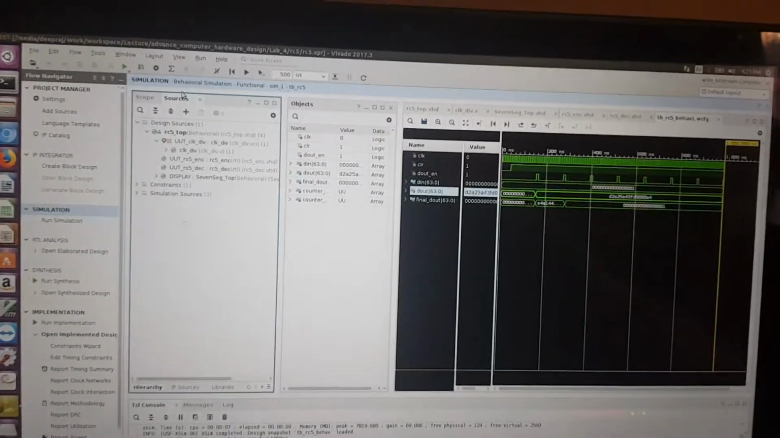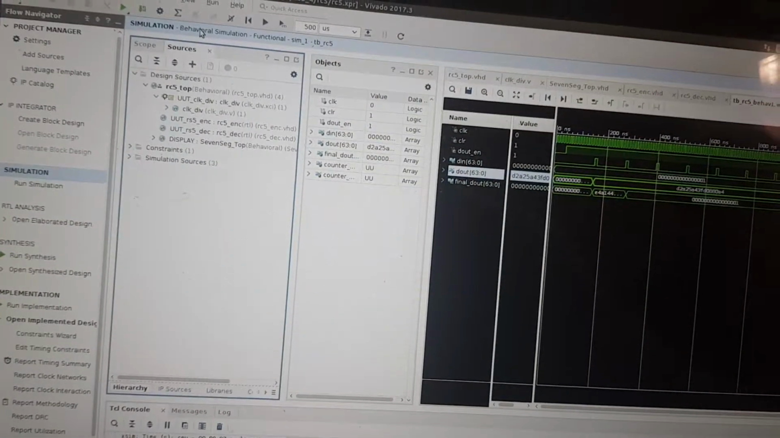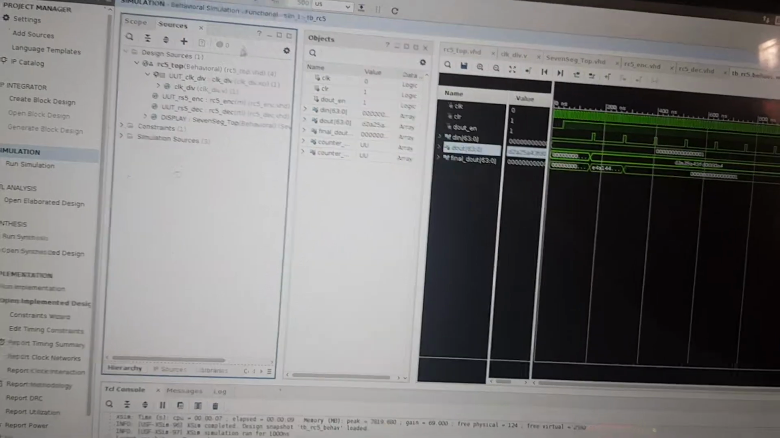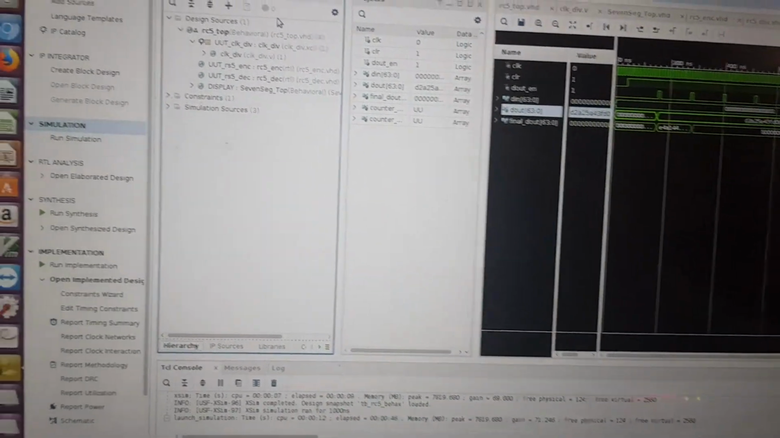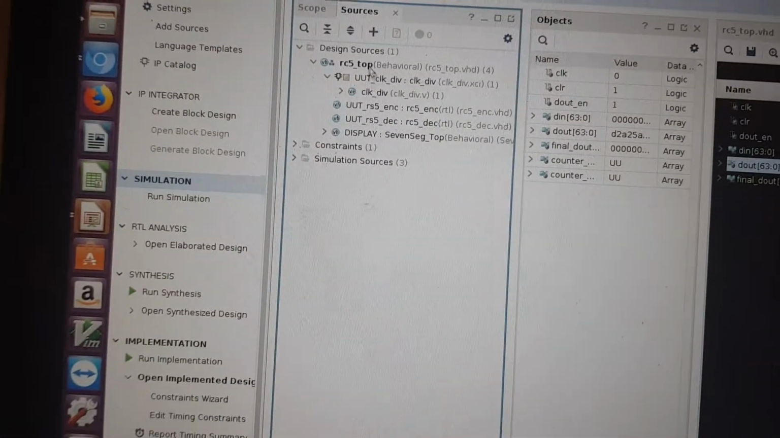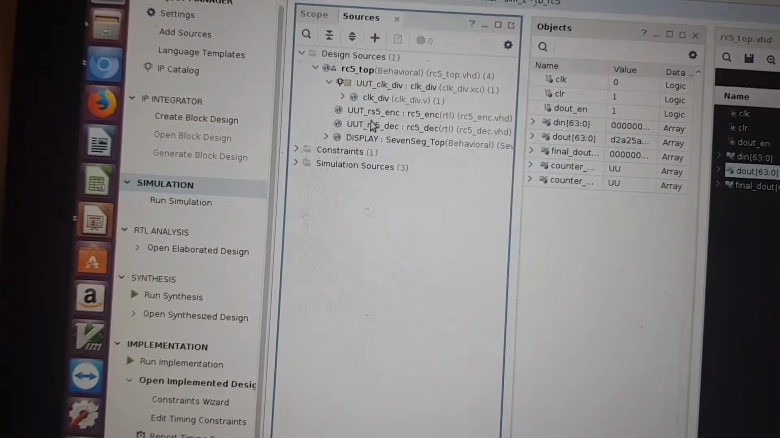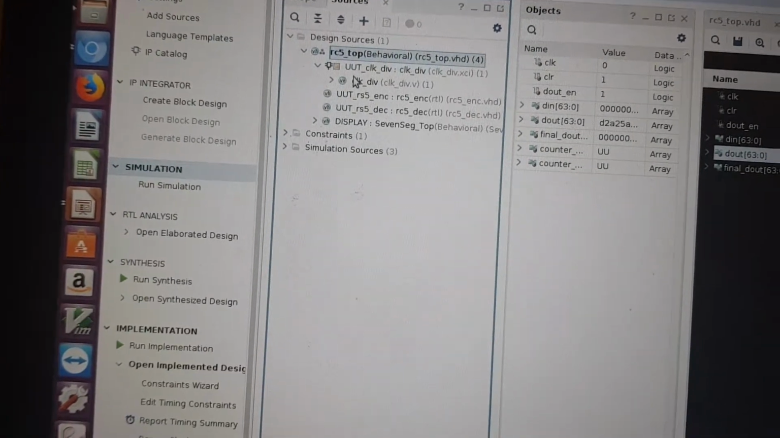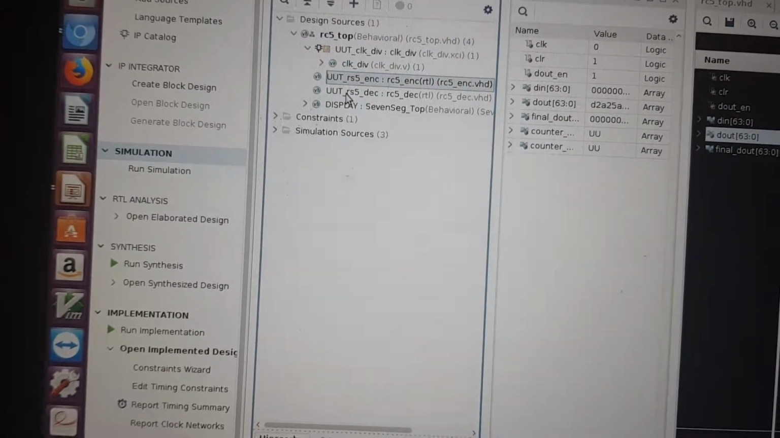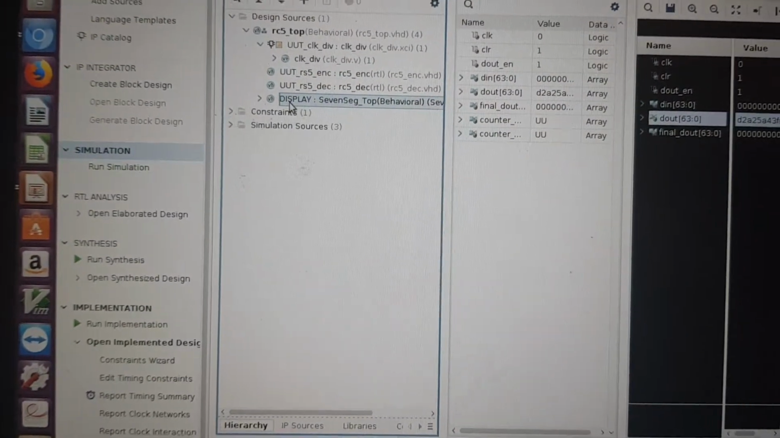Hello, this is the assignment for Advanced Hardware Design Lab 4. In this, I have implemented an RC5 encoder and decoder. This is the Verilog file and the hierarchy for the RC5 encoder decoder. This is the top file which has the clock divider, RC5 encoder, decoder and display, which displays the result on the 7-segment